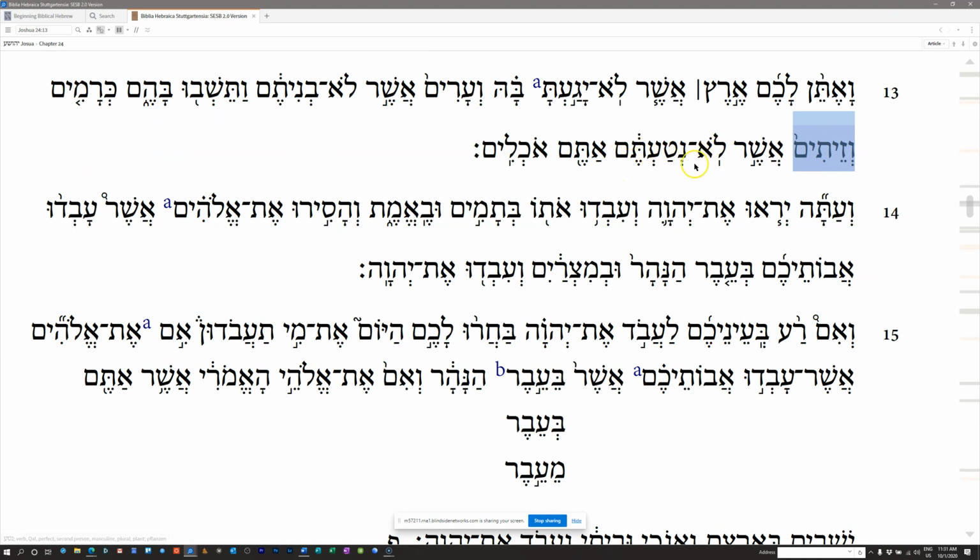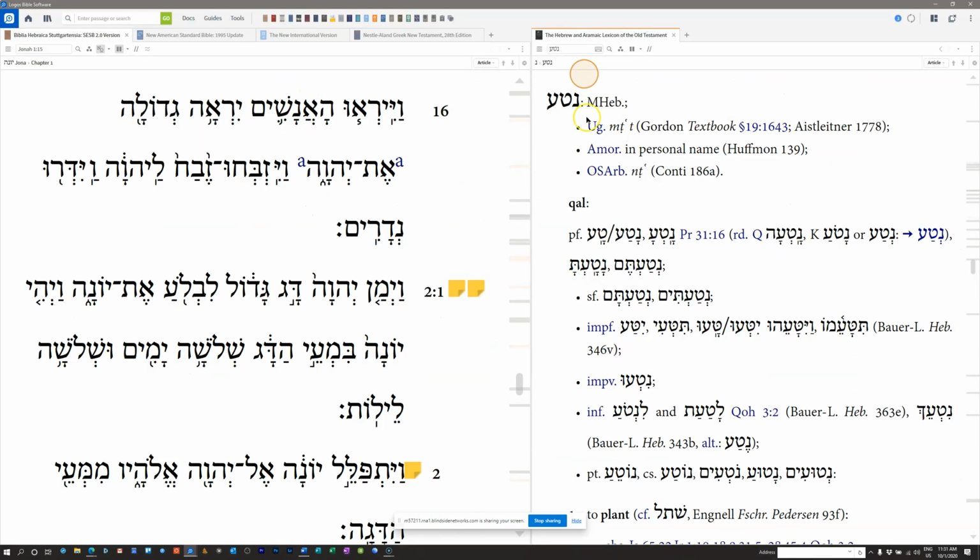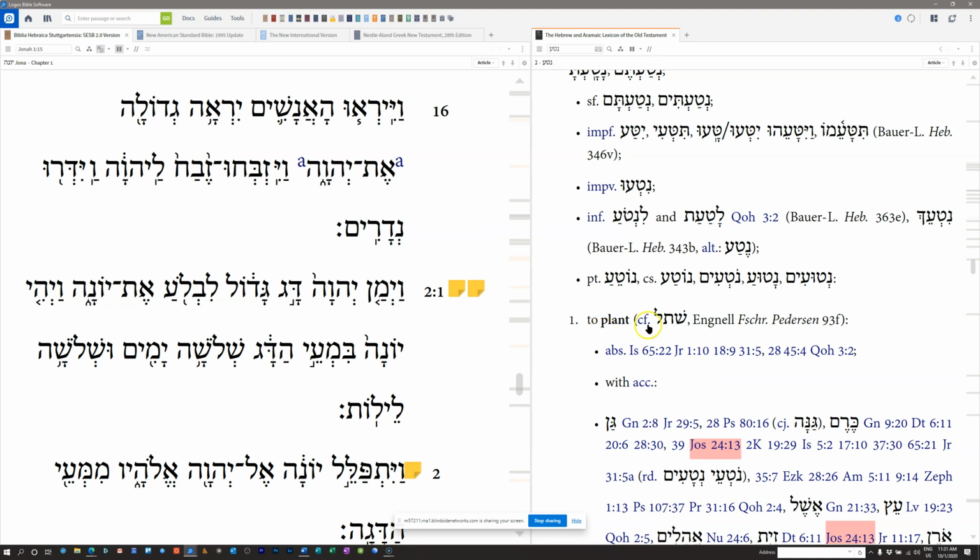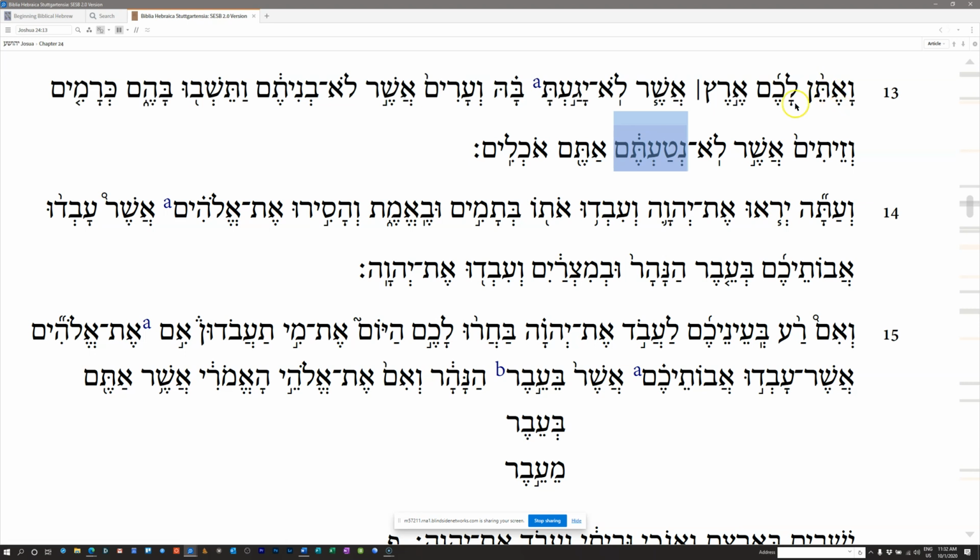Tem, you did not, and then Natah. Well, just from context, we can probably tell that Natah means something like plant. So let's pull up Natah here. Qal, yeah, to plant. All right. So I have given you a land in which you did not work, and cities which you did not build, in order that you might dwell in them, vineyards and olive trees which you did not plant,